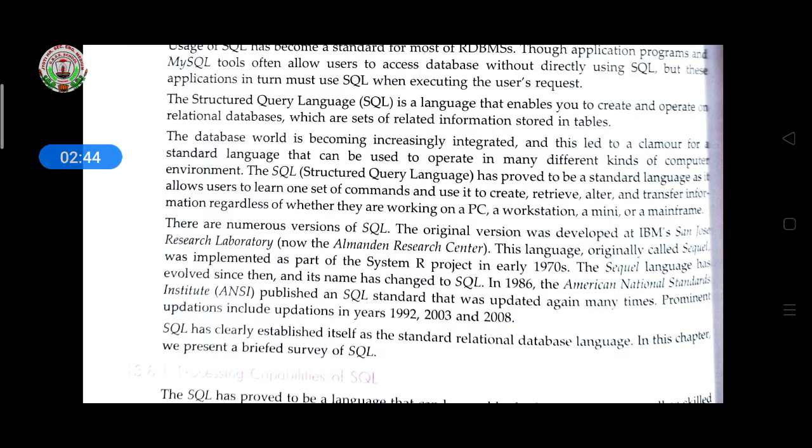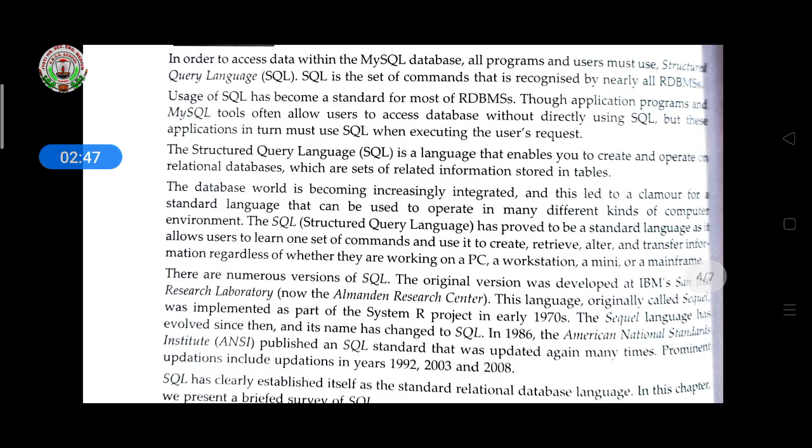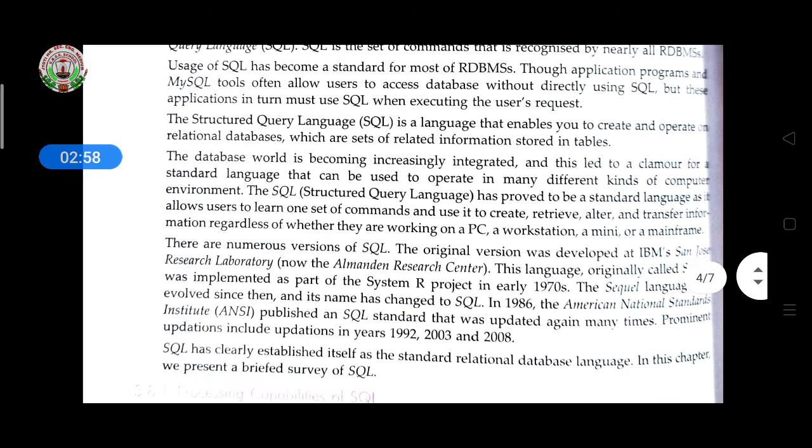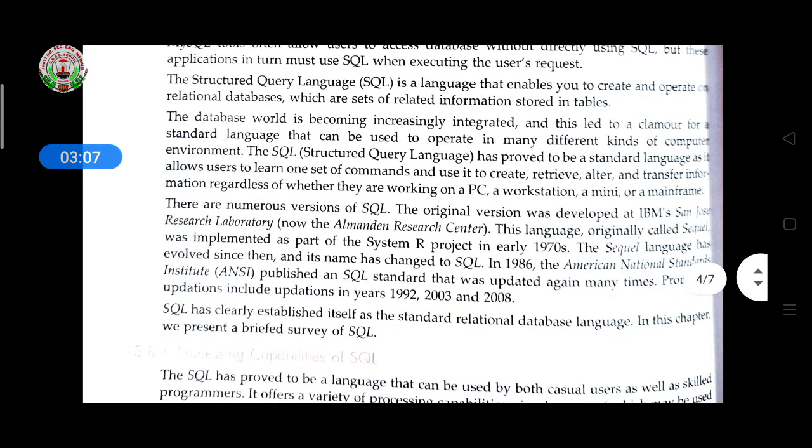The structured query language is a language that enables you to create and operate on relational databases, which are sets of related information stored in tables. All the tables you store in the database, and from there you can access them. The data world is becoming increasingly integrated, and this led to a clamor for a standard language that can be used to operate in many different kinds of computer environments.